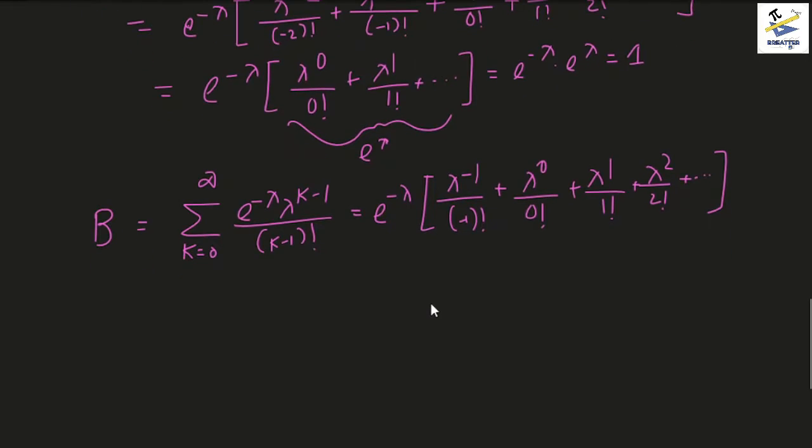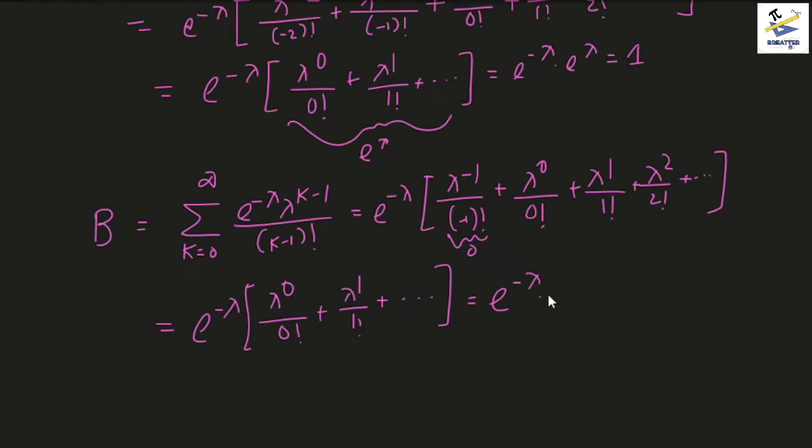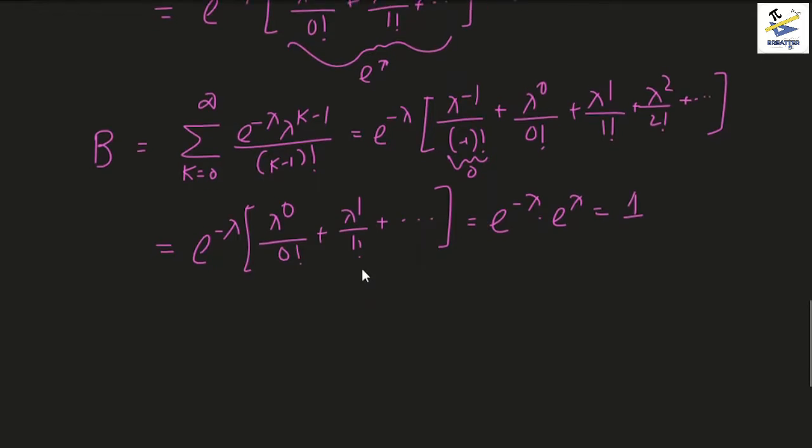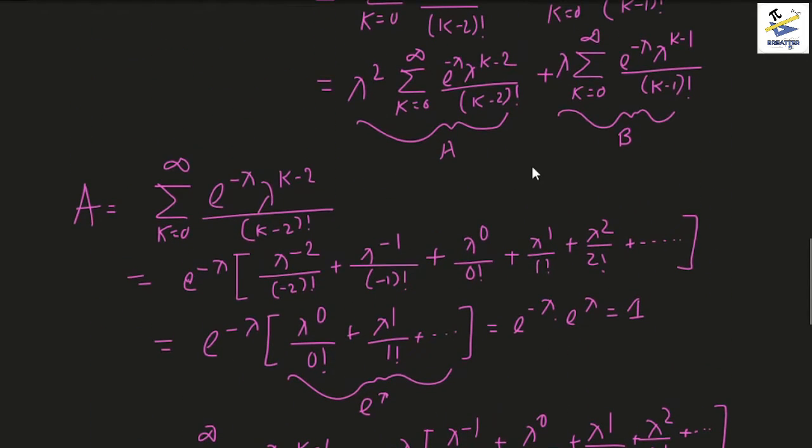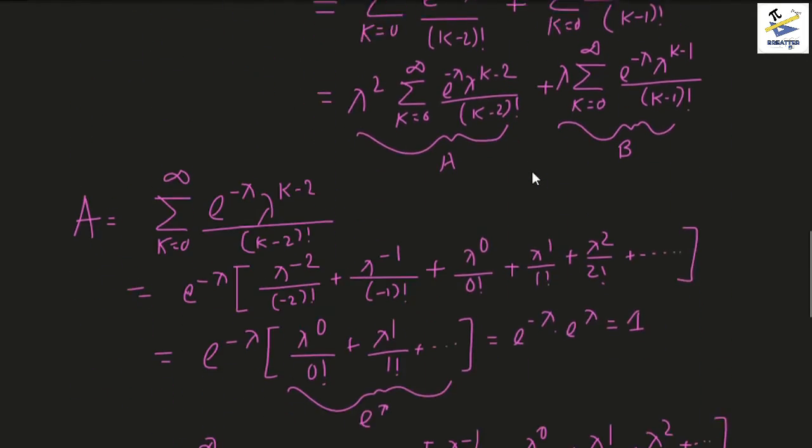So again, the negative denominator would mean a 0, and this would give you a total series of e to the power minus lambda into lambda to the power 0 by 0 factorial plus lambda to the power 1 by 1 factorial, and so on. This would give you e to the power minus lambda into e to the power lambda, which is equal to 1, right? So this means that the values of both the series A and B are 1, and thus our